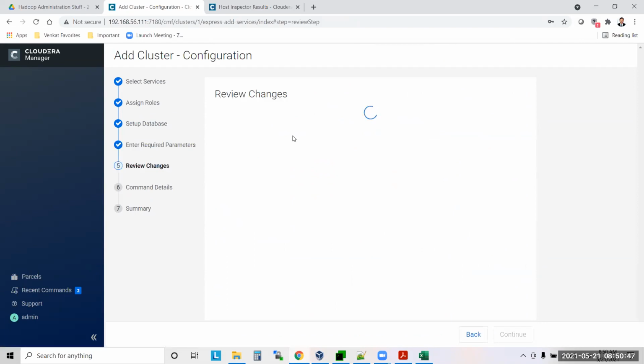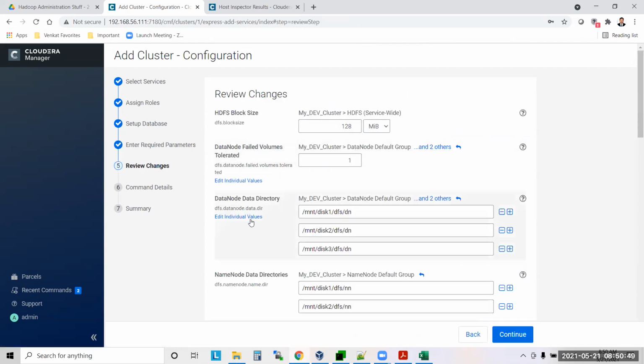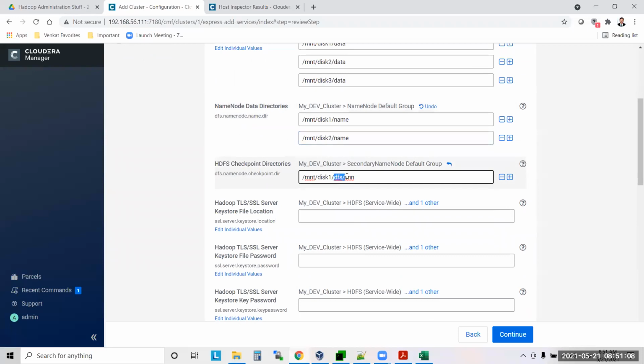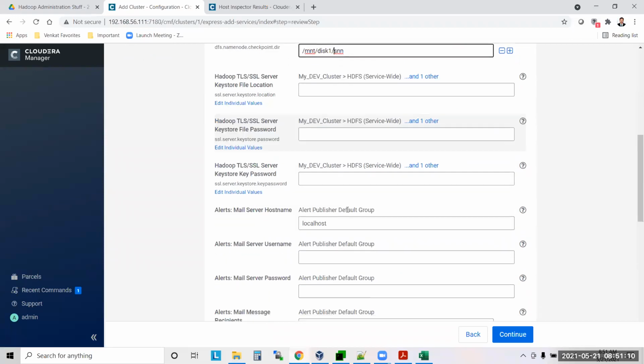So now review the changes. Okay, so now you need to provide data node directories: /mnt/disk1/data, /mnt/disk2/data, /mnt/disk3/data. Then the name node directory: /mnt/disk1/name, /mnt/disk2/name. Second name node: /mnt/disk1/SNN.